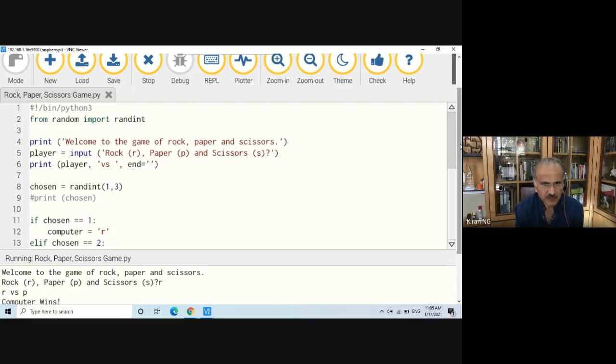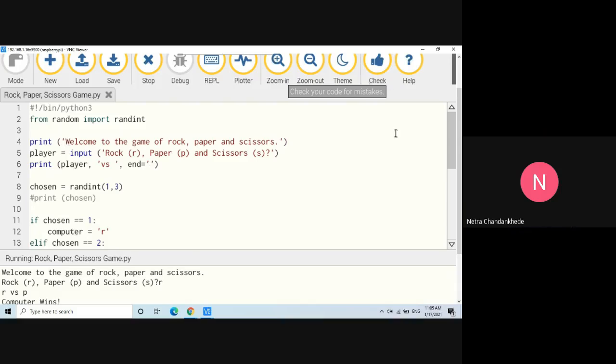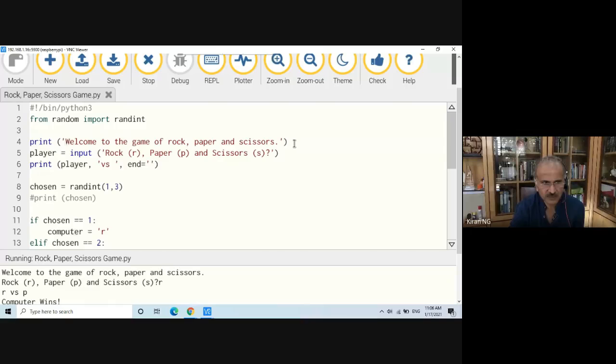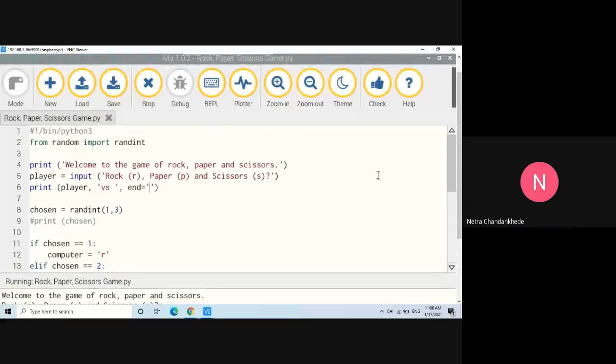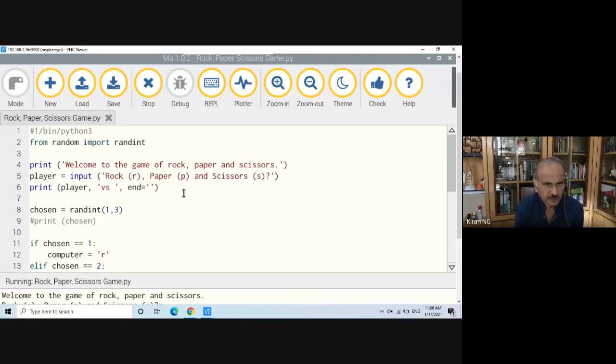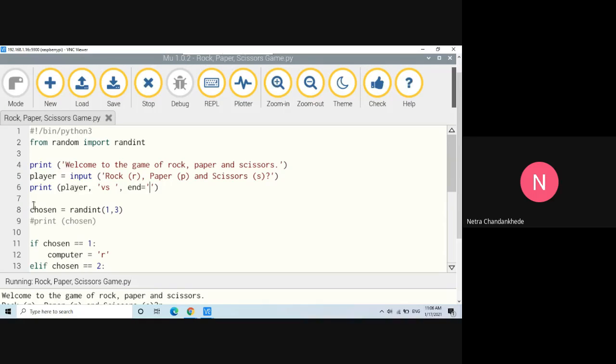Okay, because the first print statement will just show the player, whatever you have played. For example, if you choose P, that's what goes into player. That means it will just show P versus nothing. Only, I think you will have one more print statement below, right? Yes, sir. Anyway, it is just a null. It doesn't do anything here. Even if you remove it, nothing will happen. Okay, this is a redundant statement. Yeah. Now you are chosen. Yes, go ahead.